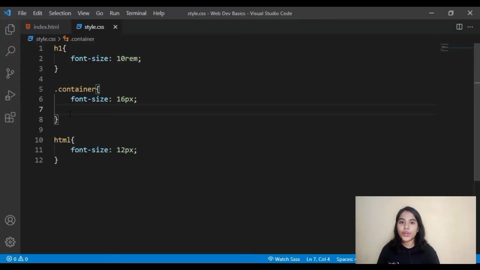We have seen what is em and what is rem, but when to use them? Whenever somebody tries to increase the browser's default size, right? Sometimes we try to increase our browser's default size as a user. You go to Chrome or any browser and you just increase the font size.